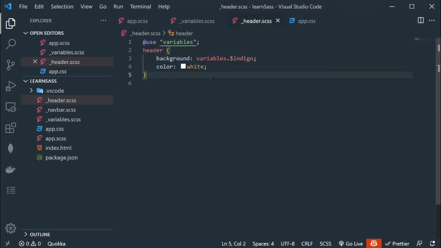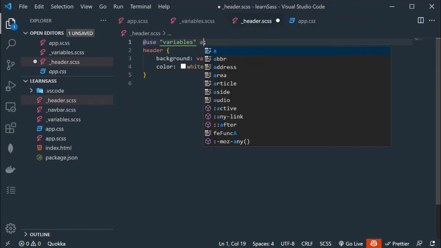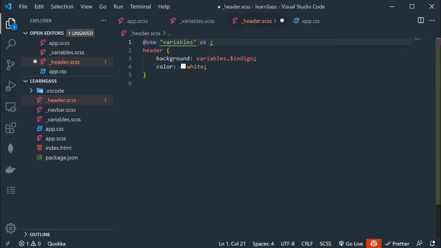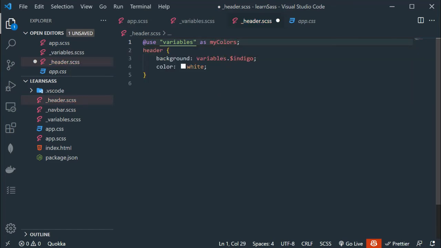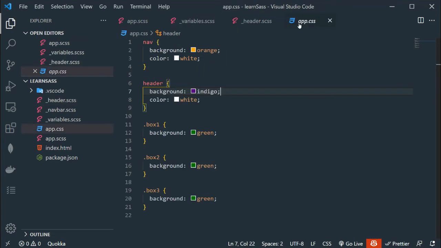Understand? Now let's say I want to rename the variables namespace. So what we need to do, after the code, we have to add the as keyword. After the as keyword, we can add any name. So let's say my-colors. So now instead of variables, we have to add my-colors. Let me save the file, go back to app.css, and